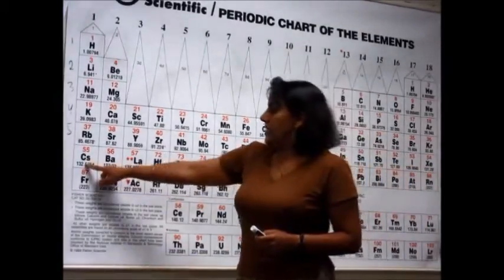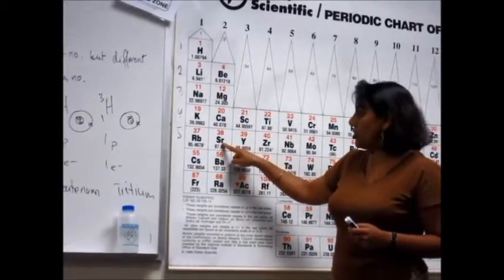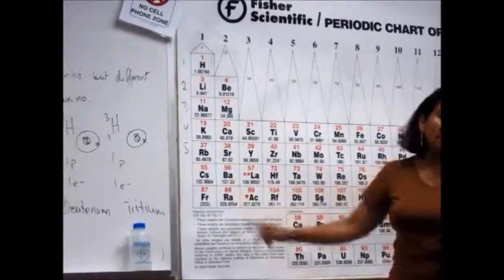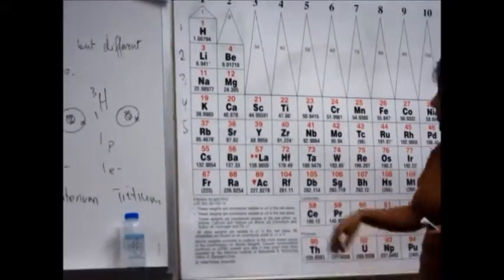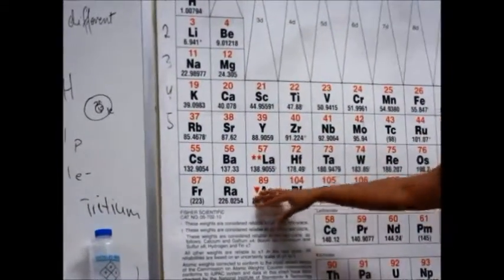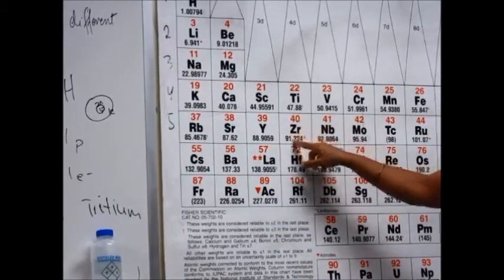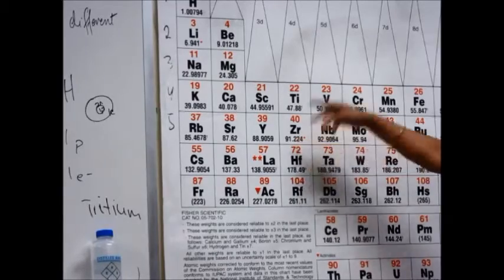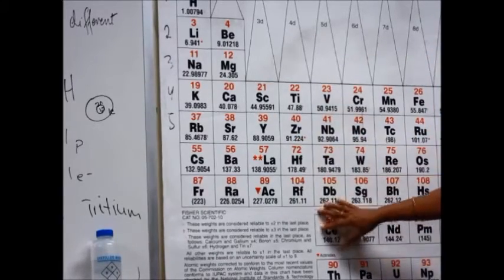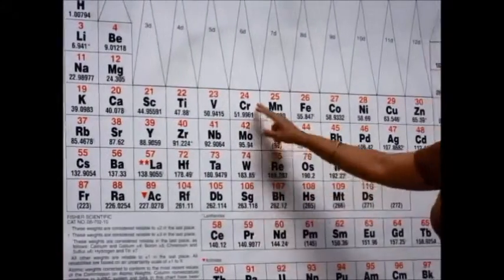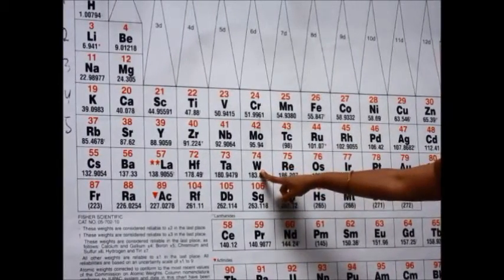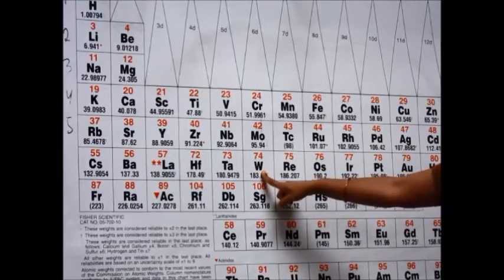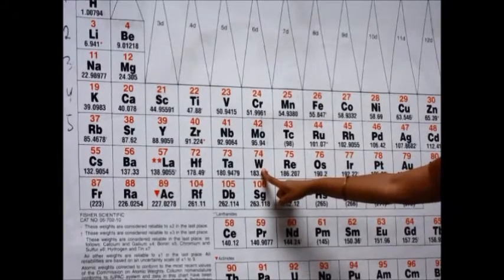Okay, this is cesium, strontium, barium. Whatever I'm saying, you have to know those. If you have a periodic table, you can circle all of those. You don't have to worry about this one. The only reason I'll mention this is because this is zirconium, which you might have heard of. Don't worry about this one. The only element you will know over here is W, which is really weird. It is tungsten, which is what you find in light bulbs.